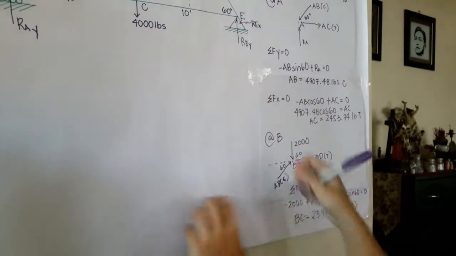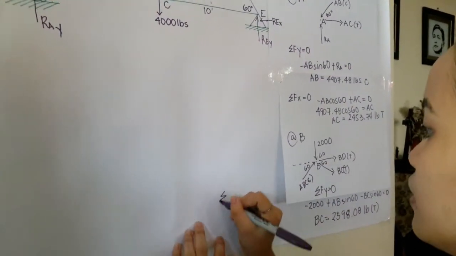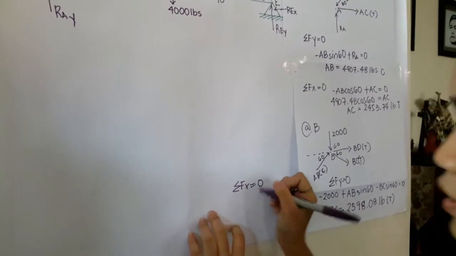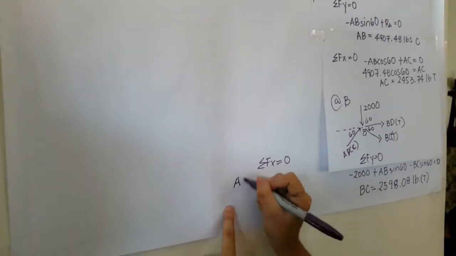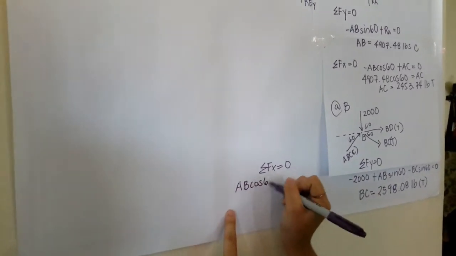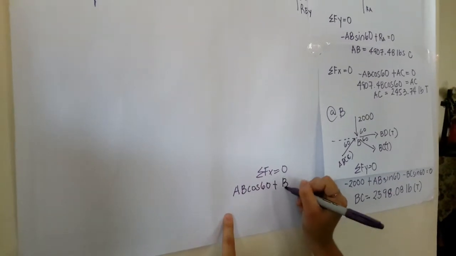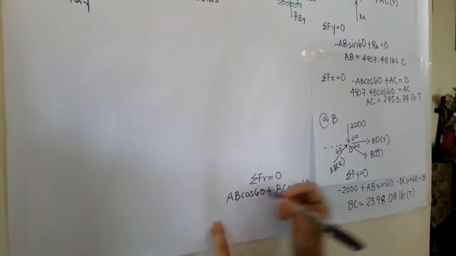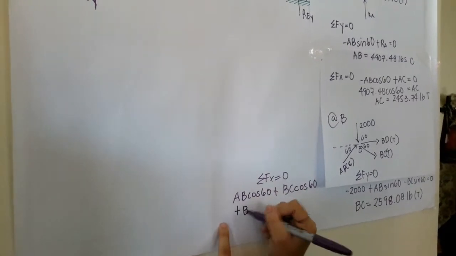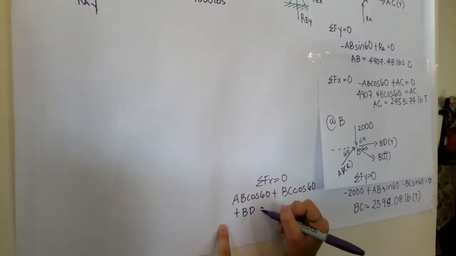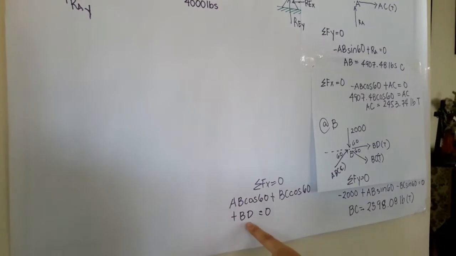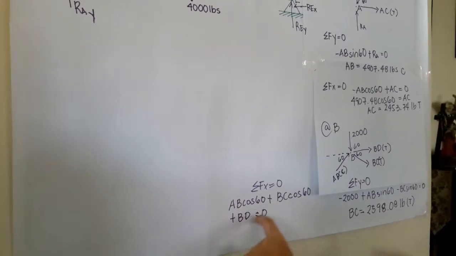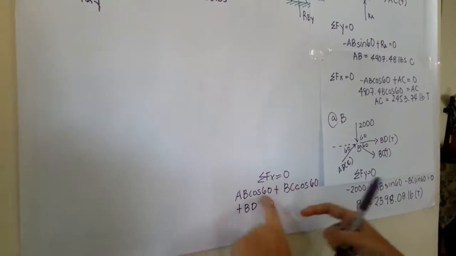So, let's do the summation of forces at X. I will do it here. Forces at X is equal to 0. And that is AB cosine 60 plus BC cosine 60 plus BD is equal to 0. So that will give me, for me to be able to get the value of BD,